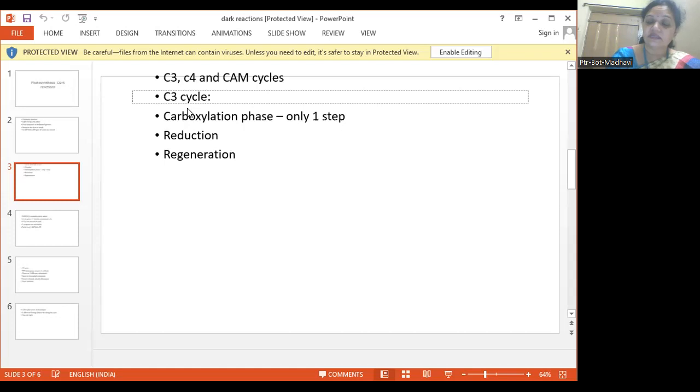And again, this C3 cycle will be done in 3 different steps. That is the carboxylation phase, reduction phase, and the regeneration phase. In the carboxylation phase, only one step will occur. They will ask this also. Okay, only one step will occur, that is where the absorption of the carbon dioxide and fixing of the carbon